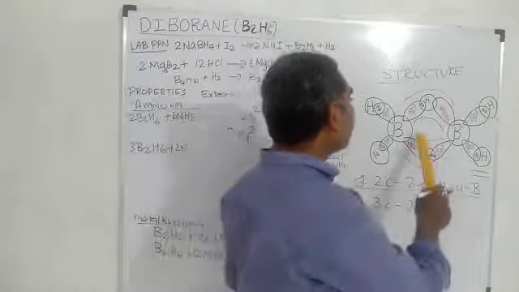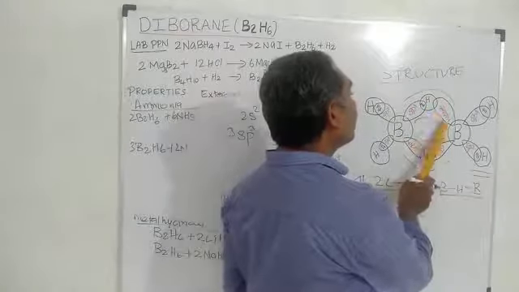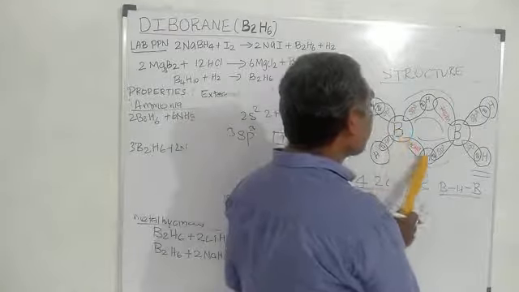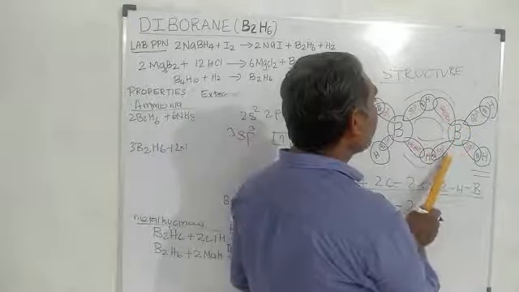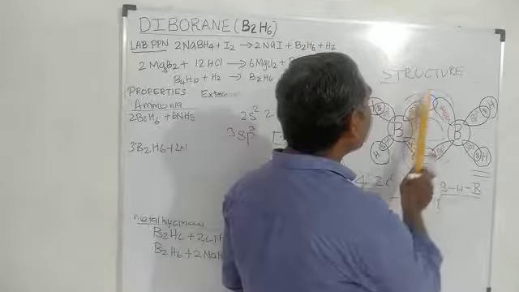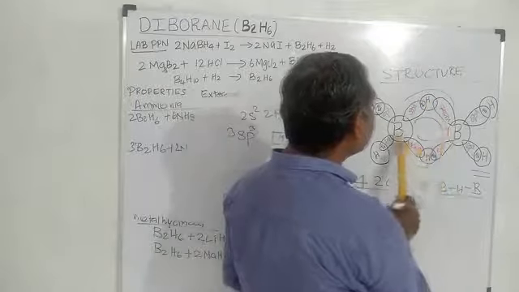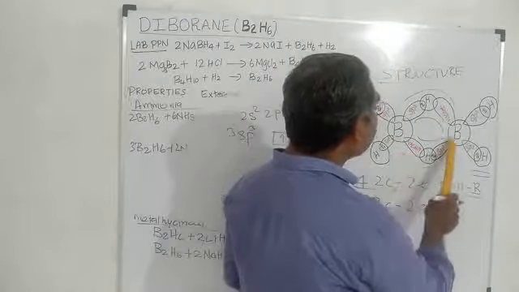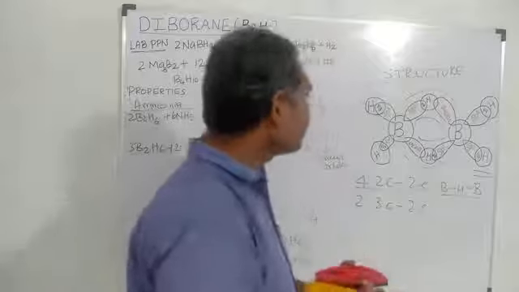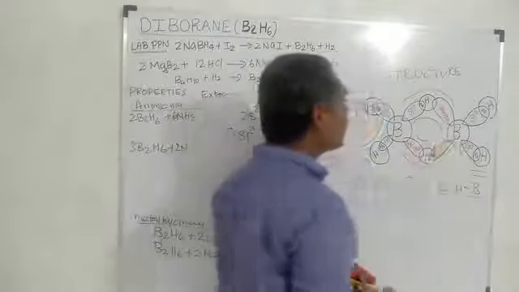Here in the terminal bonds there is covalent overlapping, but in the bridge there is no regular overlapping. It's just a kind of attraction between boron and hydrogen. Here also there is no overlapping. Only 3 sp3 orbitals are used, and 1 sp3 orbital is vacant. So the vacant orbital overlaps with the half-filled hydrogen orbital. Here also the back-end orbital overlaps with the half-filled orbital. That's why the diborane structure is like this. This bond is also called a banana bond.